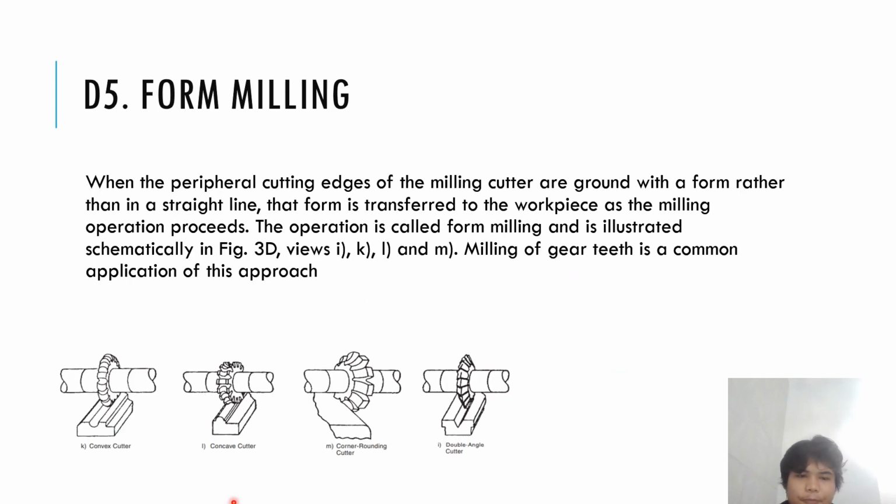For milling, when the peripheral cutting edges of the milling cutter are ground with a form rather than in a straight line, that form is transferred to the workpiece as the milling operation proceeds. The operation is called form milling, and you can see the illustration here. Milling of gear teeth is a common application of this approach. So the form milling,